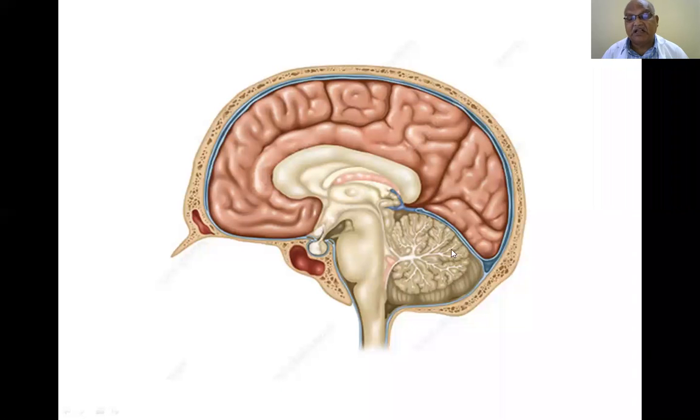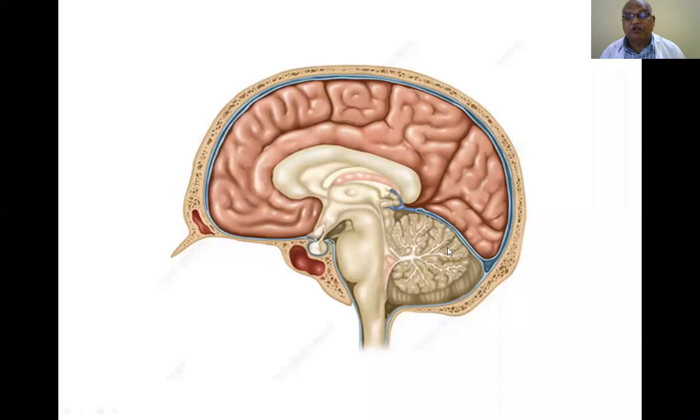This appearance of the cerebellum is called arbor vitae. These are called folia of the cerebellum, and the white matter branching pattern gives a characteristic appearance. This is called arbor vitae, the characteristic feature of the cerebellum. So you should not get confused if anybody gives you a mass of cerebrum, a frontal, temporal, parietal or occipital lobe, or a mass of cerebellum; you have to identify that this is the cerebellum.